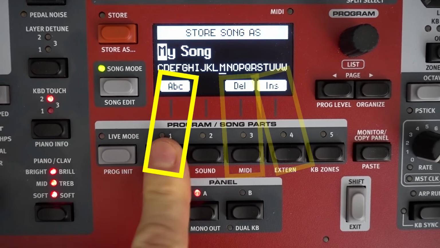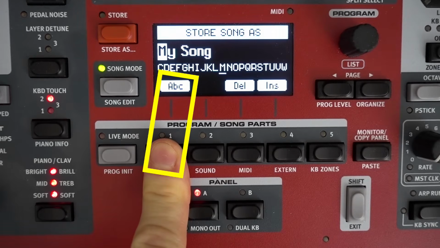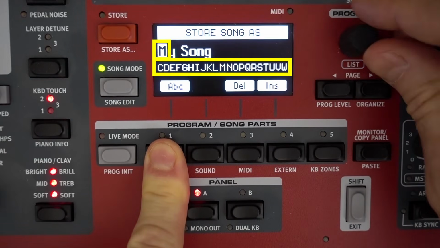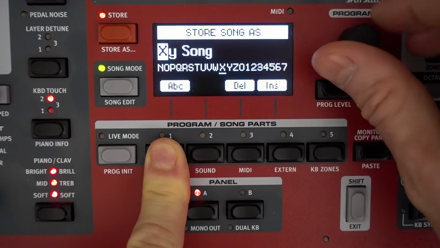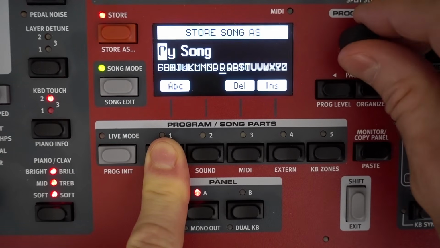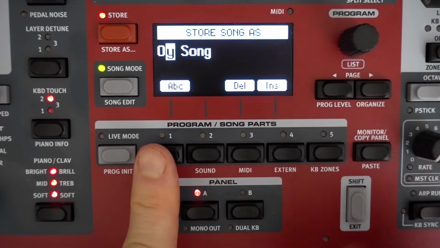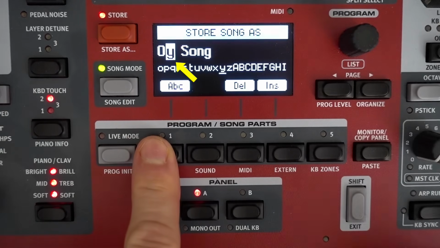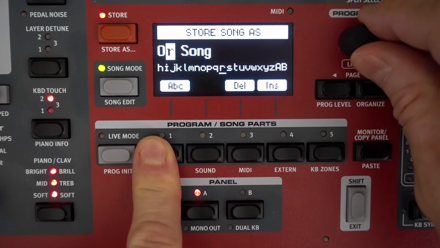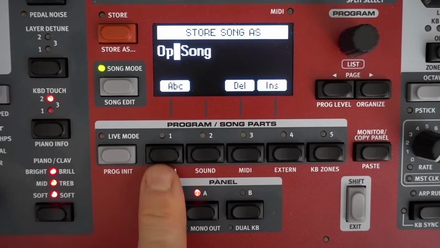So if I hold button 1, you'll see my alphabet appears below, and I can use my program knob to switch. So I want to put a capital O there, and as soon as I let go, the cursor, if you will, moves to the next slot. So I'll push this again, and this time I want a lowercase p for the beginnings of that,